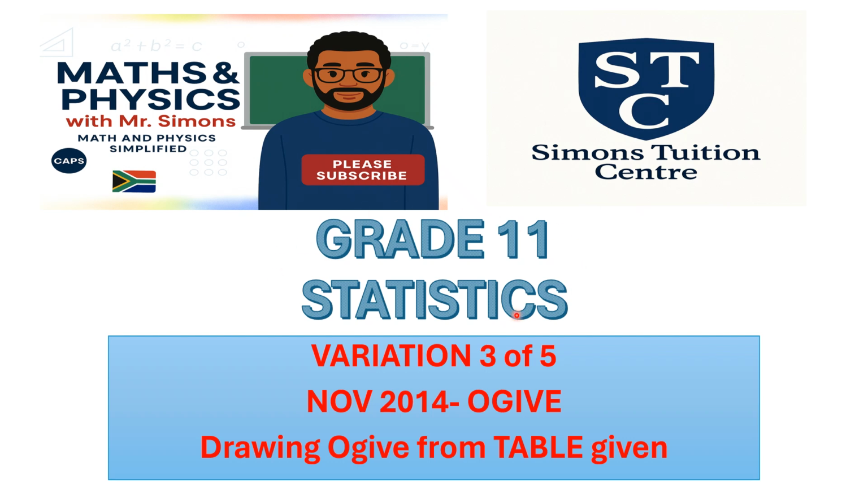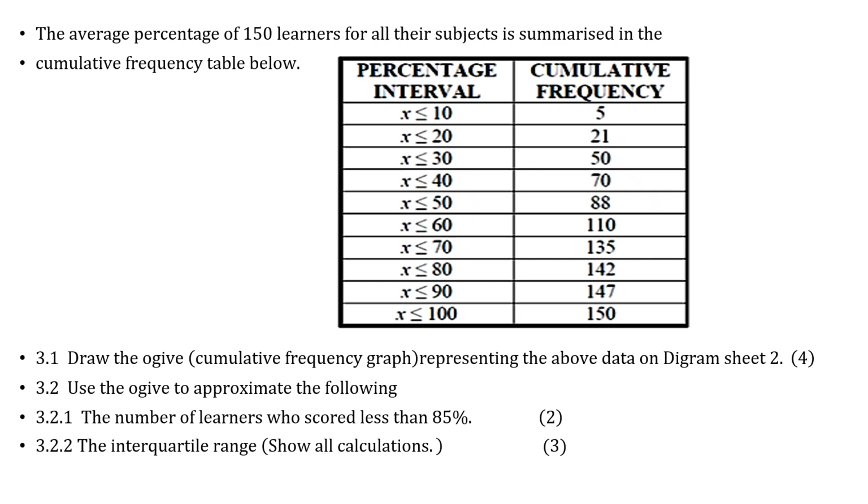Today's lesson on statistics, grade 11, looking at the third variation, but now we're going to the Ogive. So you need to know how to draw an Ogive if we give you a table, right? So question given, they say the average percentage of 150 learners for all their subjects is summarized in the cumulative